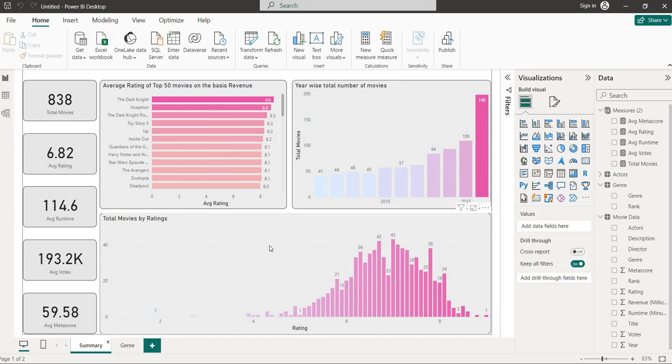And like that, we have made the number of movies on the basis of specific rating, meaning how many movies are there at a 6.9 rating. So there are 23 movies which get the rating of 6.9. Like that, there are 43 movies with a rating of 7. So we have understood the analysis and the data in the first part.